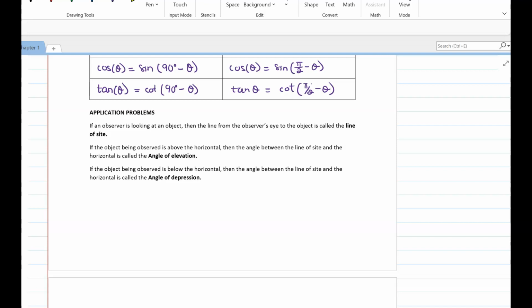Application problem that relates to right triangle trigonometric ratios. Let's go over a couple of definitions. If an observer is looking at an object, then the line from the observer's eye to the object is called